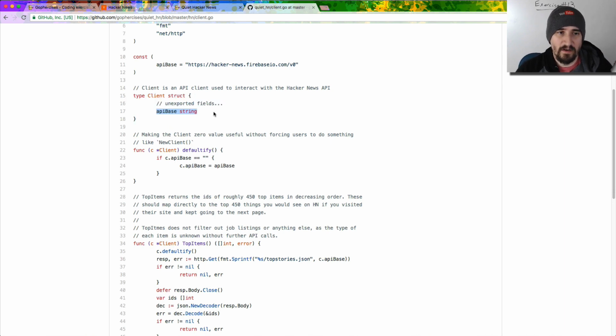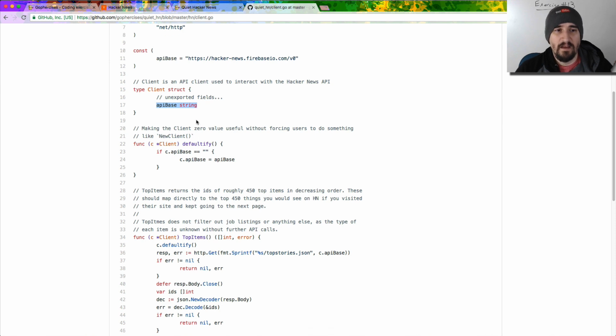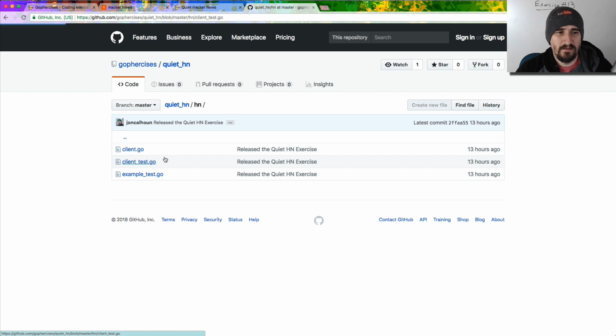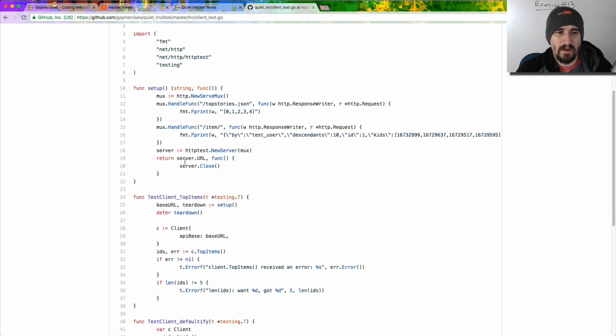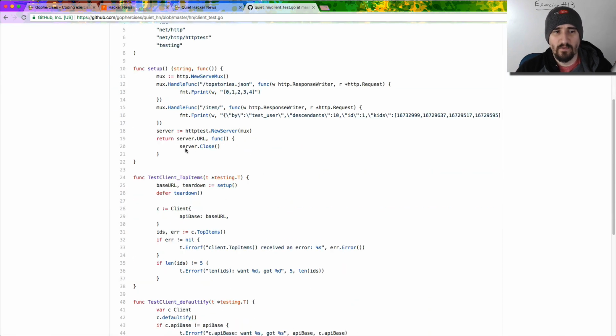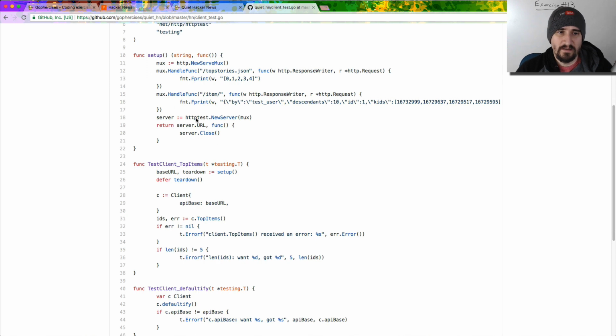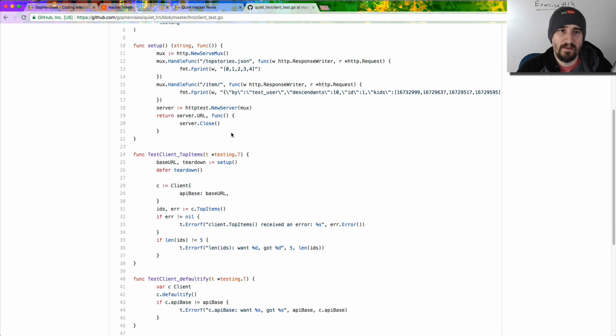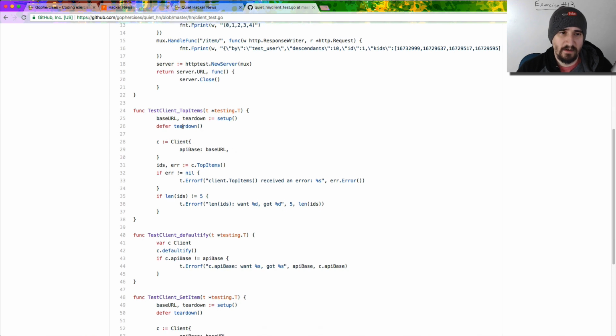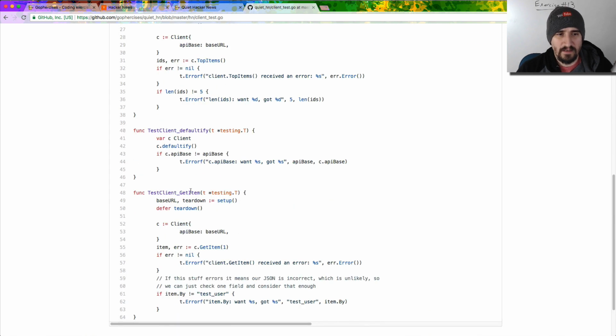It has this one unexported field, API base, and you're probably wondering why that's there. If you go to the tests, you'll see that I use the API base so that whenever I'm running my tests, I can set up a local server that I know is going to return some specific JSON, and then I can run my tests based off of that. So you're going to get to see how I've written a couple of unit tests here that stub out that server with a local server so that I can test things easily without relying on the